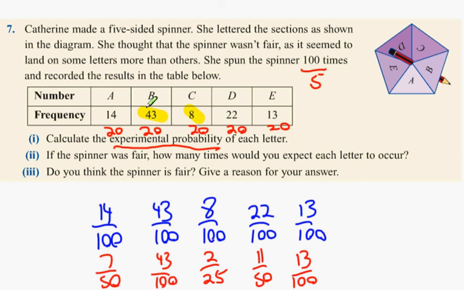Or the weight, it could be weighted. Like you could have a lead weight in here if you're trying to rig a game. You put a lead weight inside the plastic and then you spin it, and more than likely it'll hit B more often. So that's called rigging a game. Yeah. Okay guys,